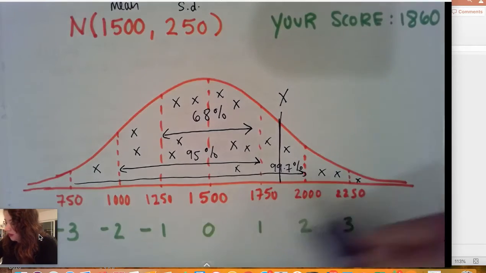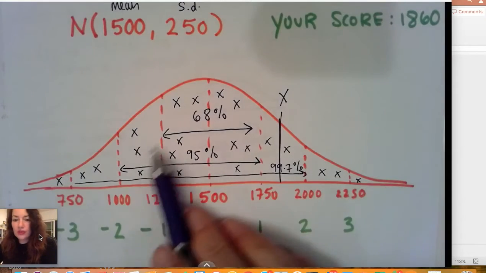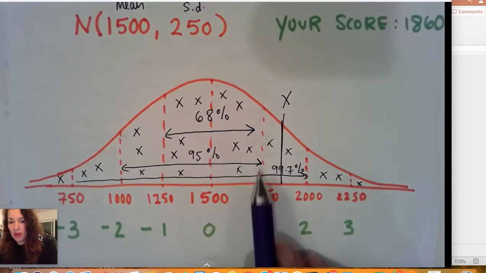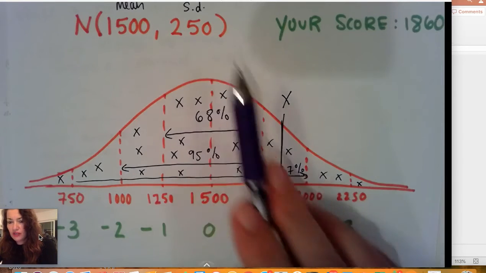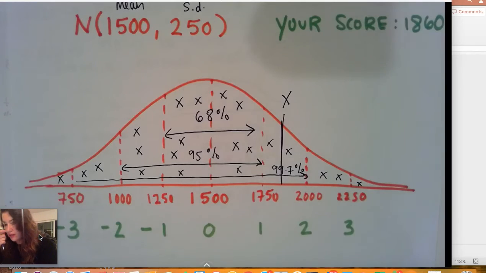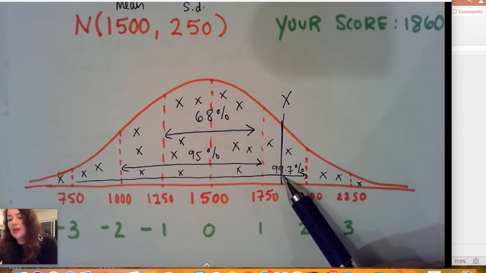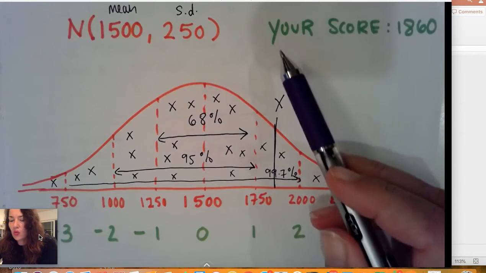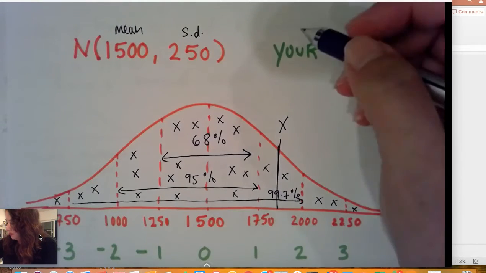And where are you compared to everyone else, how they scored? So everyone's score is distributed around this model. 1500 is the mean, the standard deviation is 250, and you are right here. So we can ask this question in many ways. We can find out what percentile this is, but in this case, the question is asking what is your z-score